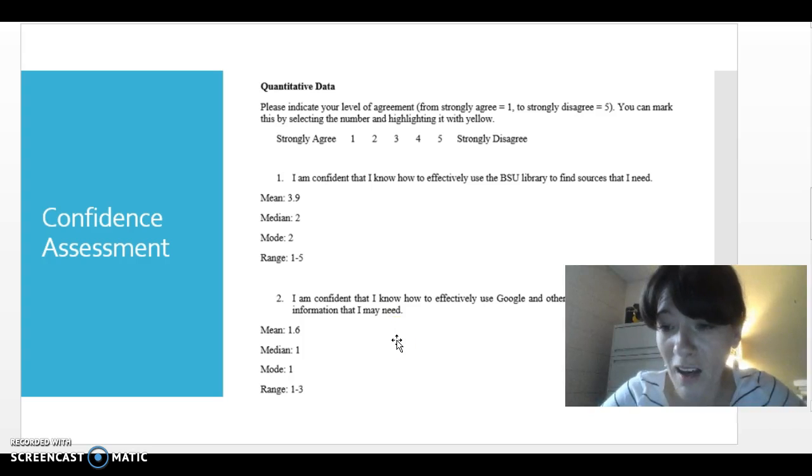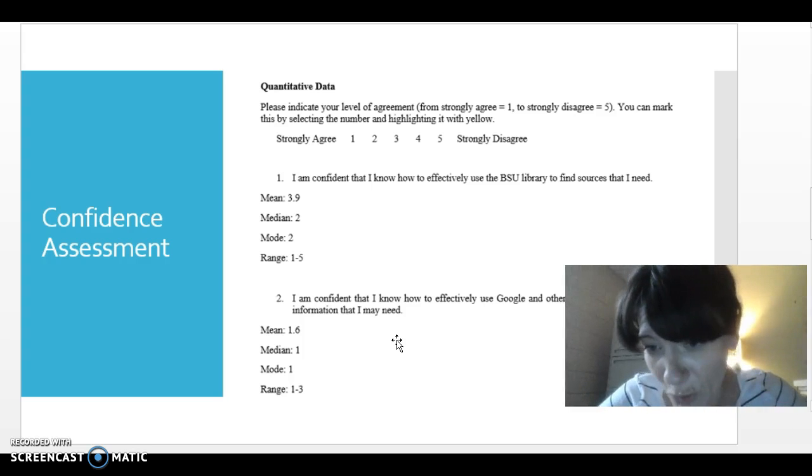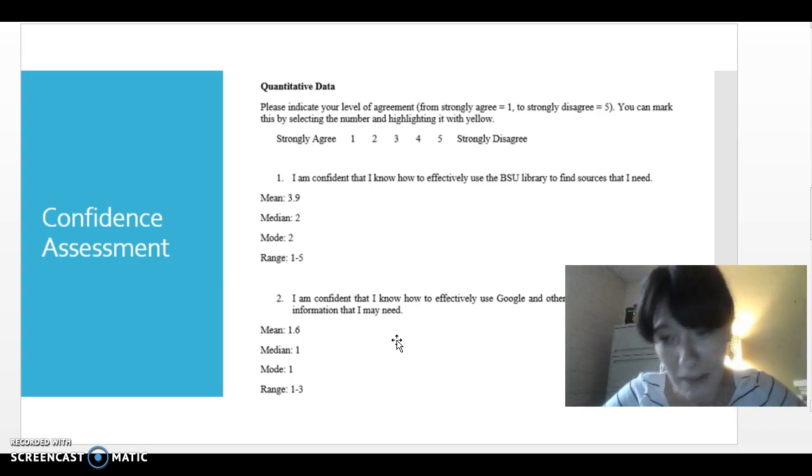Now this may or may not end up being exactly the way that I anticipate what effective Google use might look like and what it might mean, which you'll learn more about in this class as well. But using this kind of numerical data can tell me some important things, but it generally tells me a kind of overview of a particular population.